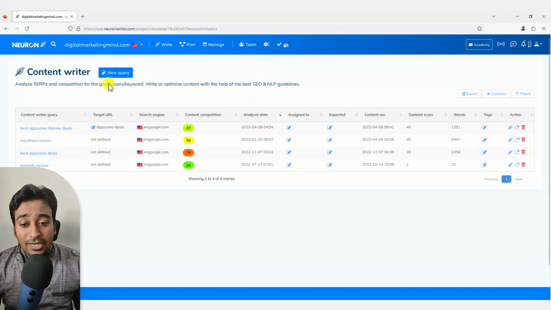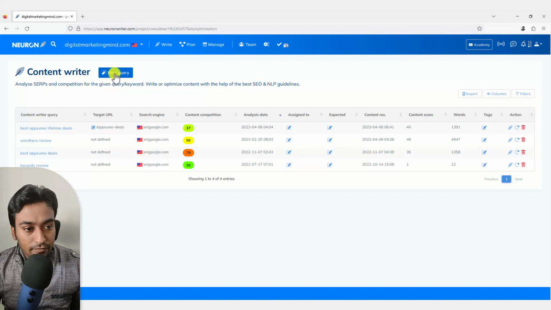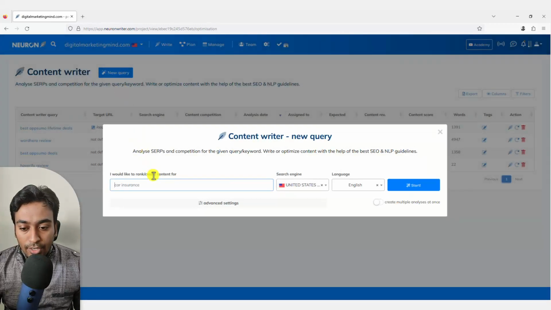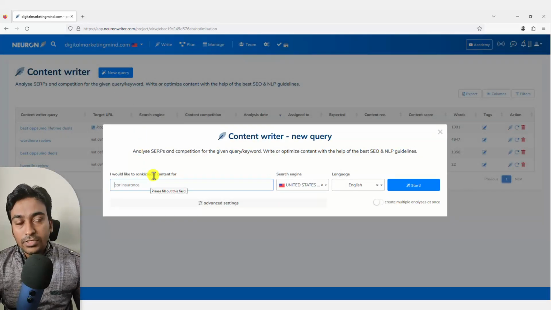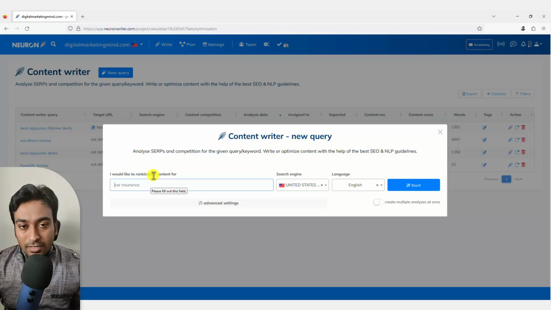So now let me create a new article which I am possibly going to target, and show you the exact way on how to achieve this. New query, I'm going to click here, and I'm going to give a content which I have already created, because it will help me to explain this tool much more easily. And also I will have the test content data for you guys to explain. So I'm going to create something on AppSumo deals, best AppSumo deals. Let's assume that I want to rank for this particular keyword. So that is going to be the target.